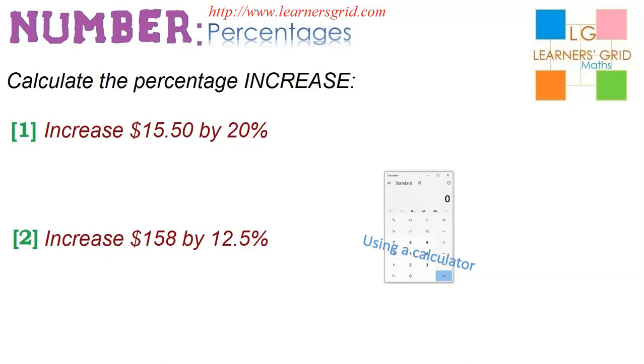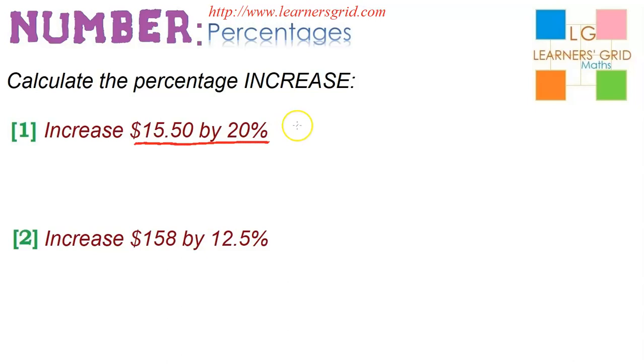In this tutorial, we'll be looking at calculating the percentage increase, and we will be using a calculator to do this. So there are a couple of ways to use the calculator. I'm going to show you one here, where essentially all you're doing is typing in what it says here. If you reinterpret "by" to mean multiply, you can see what you're going to have to type into your calculator. What we're going to type in is 15.5 multiplied by 20,